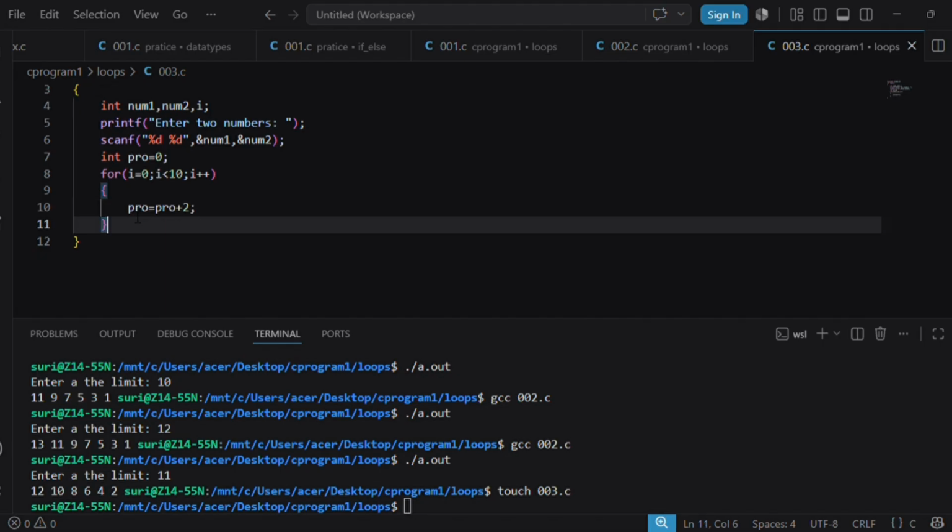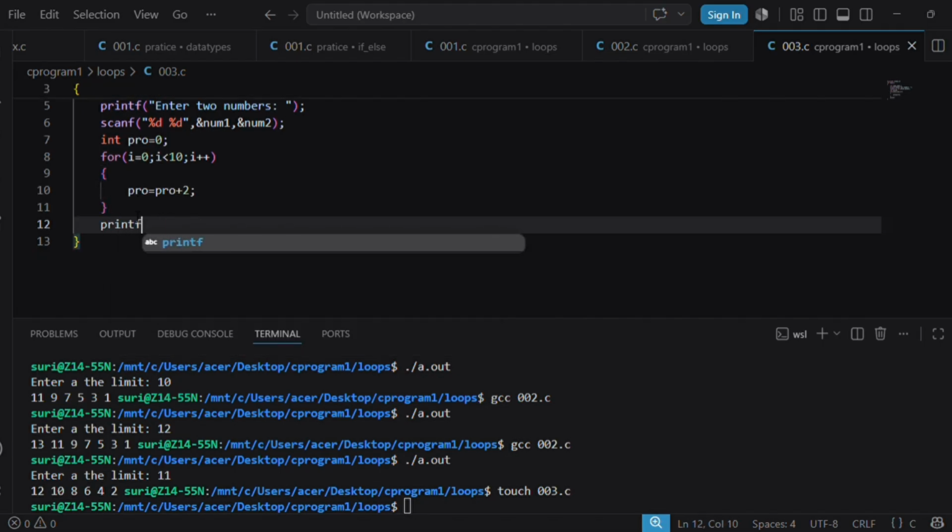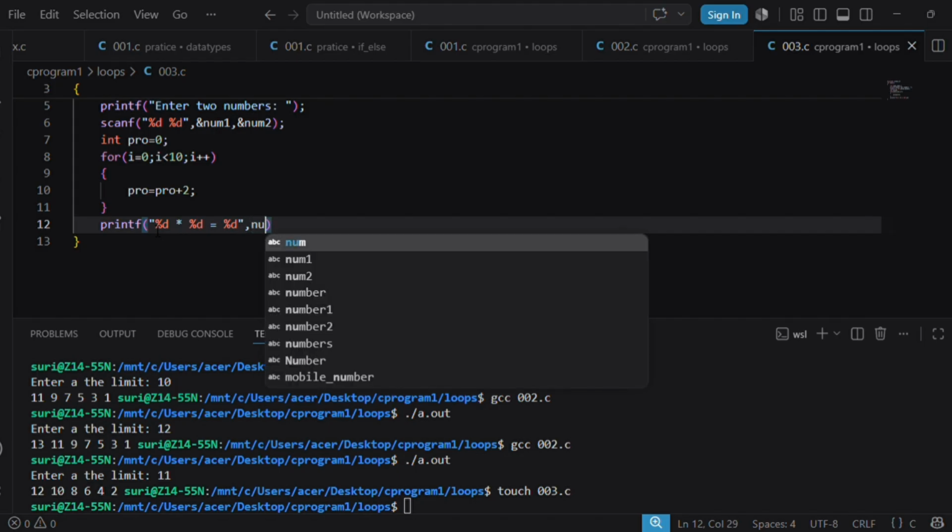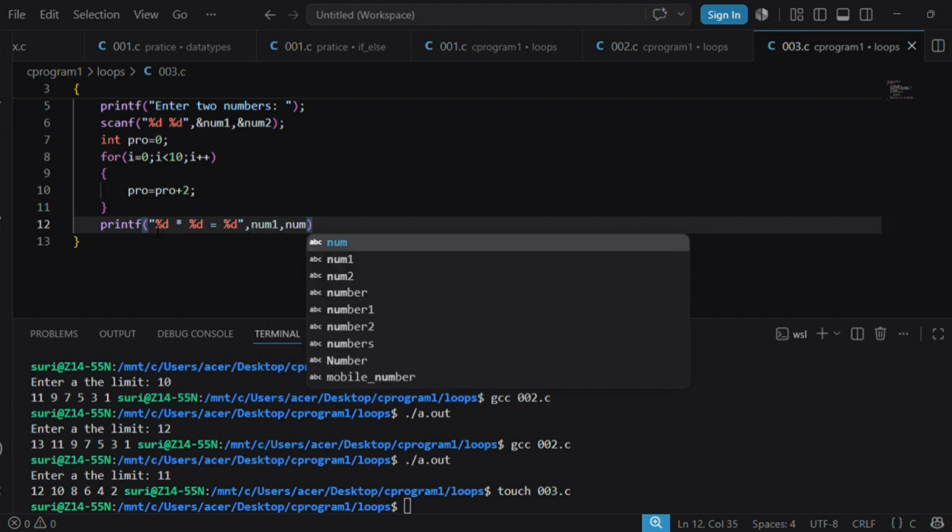I'm going to write the printf function, printf open bracket. So here the value is stored: percentage d into percentage d is equal to percentage d, num1 comma num2 comma pro.